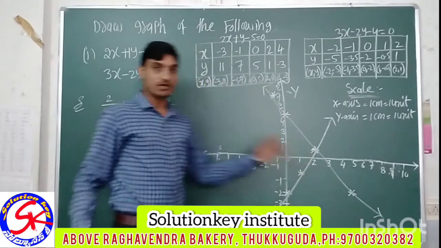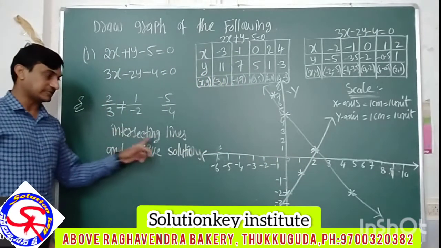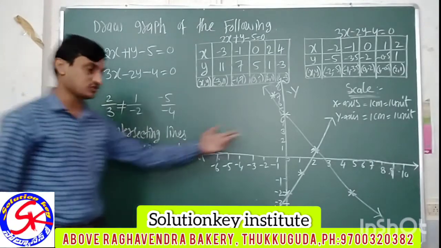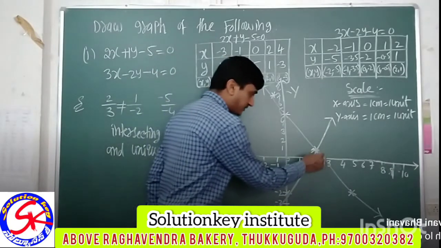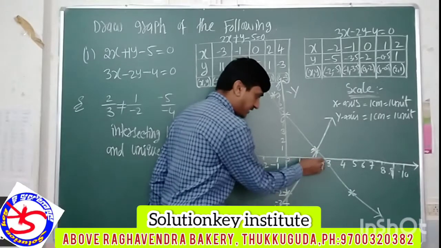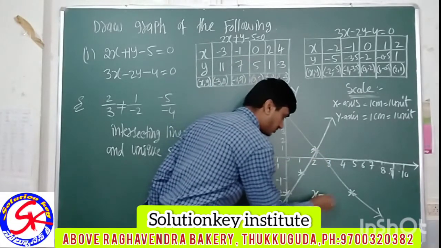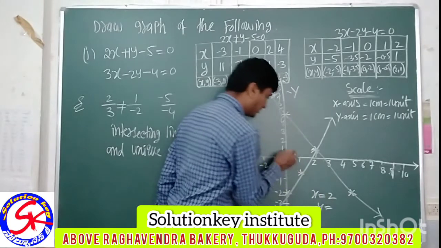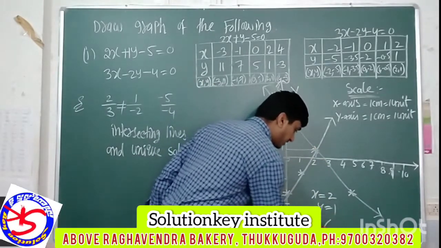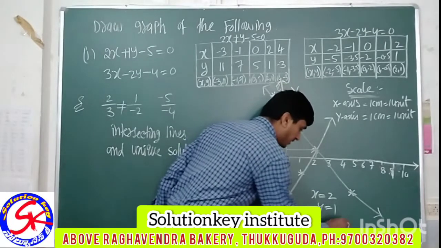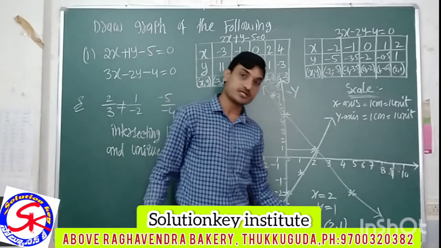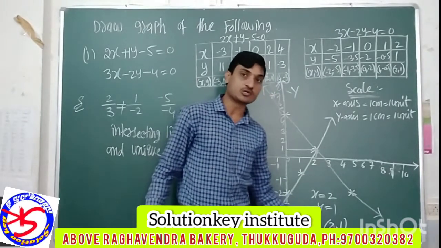Before the graph, you can already conclude that these are intersecting lines, and these two lines are giving a unique solution. What is the solution for these two lines? It is intersecting at 2, I think. Exactly 2. On the x-axis it is intersecting at x. x is equal to 2, and what is y equal to? That is 1. It is exactly 1. Therefore, what is the unique solution? 2 comma 1.